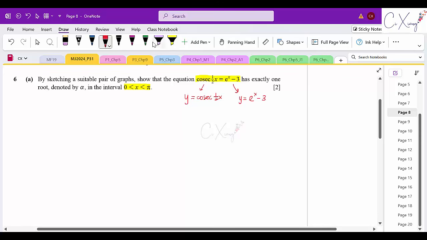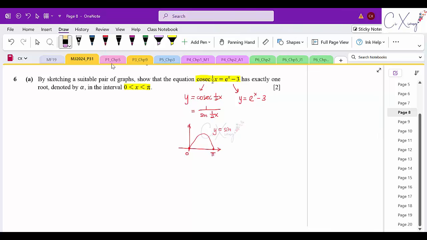Okay, so let's have a look at cosecant half x first. Cosecant half x is actually 1 over sine, so 1 over sine half x. When we are going to sketch the reciprocal function 1 over f(x), what we do is we try to think about the original graph we have. So the sine graph is this one. Okay, so this is y equals sine x. If it is sine x, that means from 0 until pi. But if I'm having sine half x,